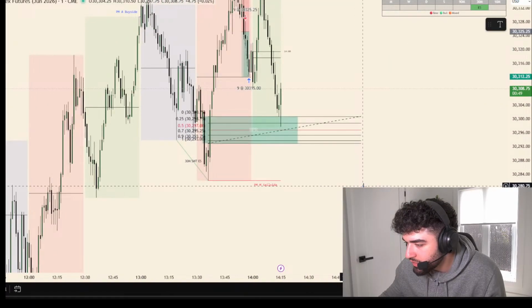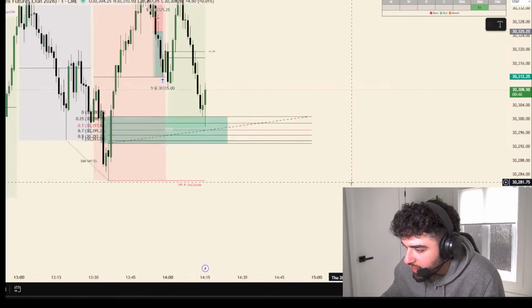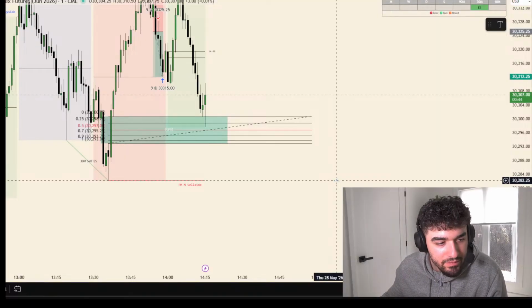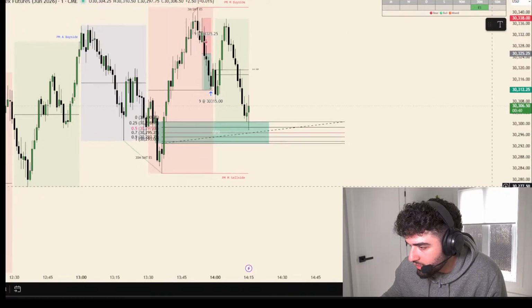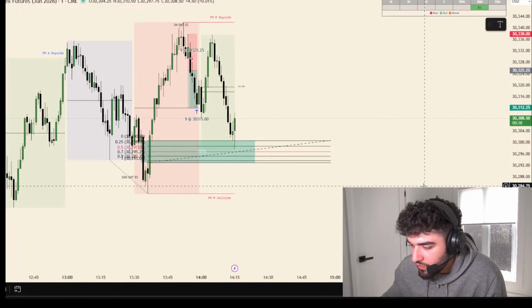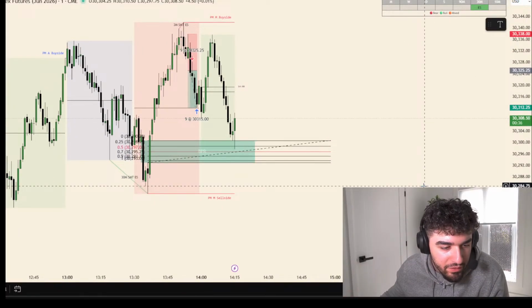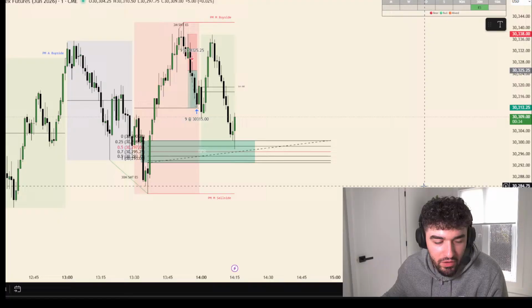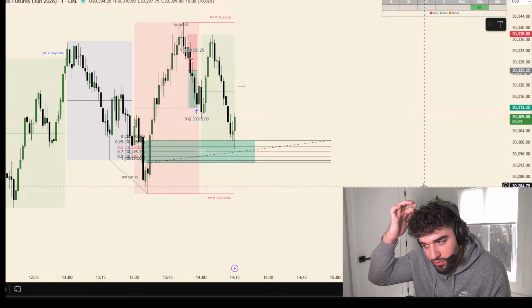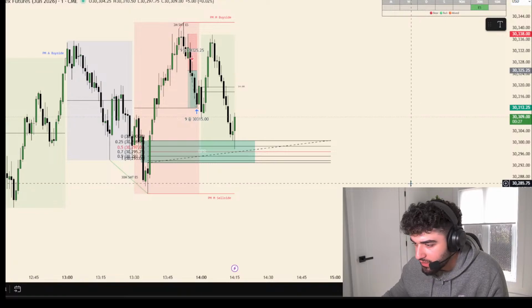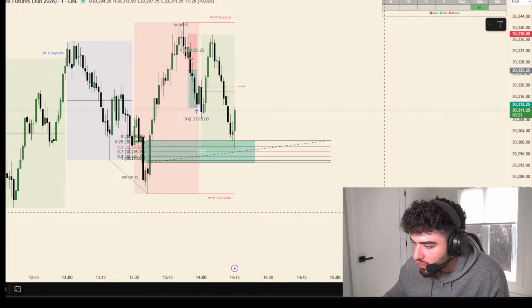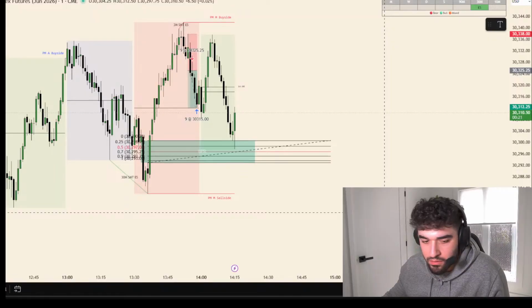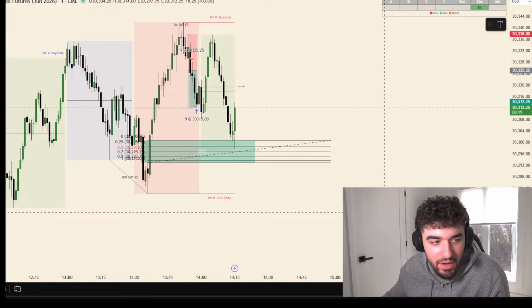There you go. You see how we rejected right into that last fair value gap of the leg? You always have to say on the 1 minute for me. Always on the 1 minute. If it's on a higher time frame, I'll say on the 15 or the 5. Normally when it's on the 1 minute, I don't really say 1 minute. I just talk as is. Anyways, we'll see what it does now. Yeah, it reacted in it. It's a strong push up. Might be one last manipulation before taking the all-time highs.